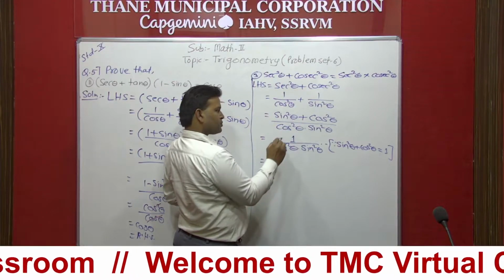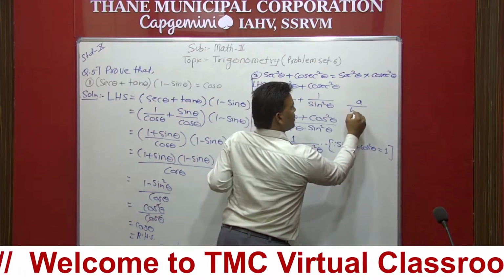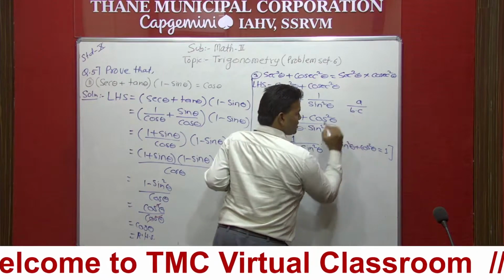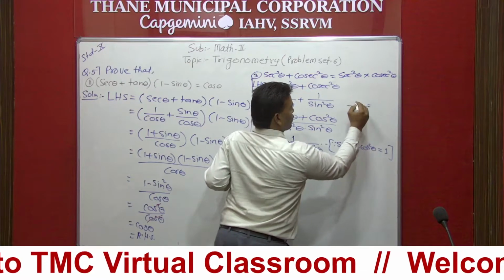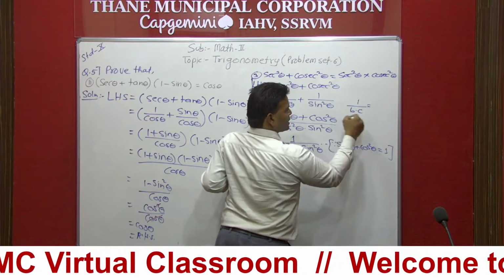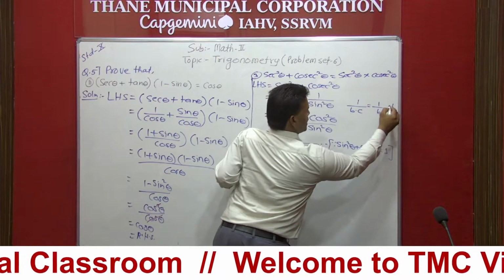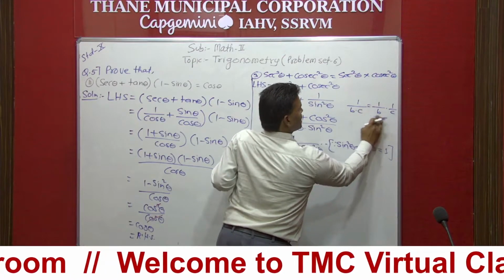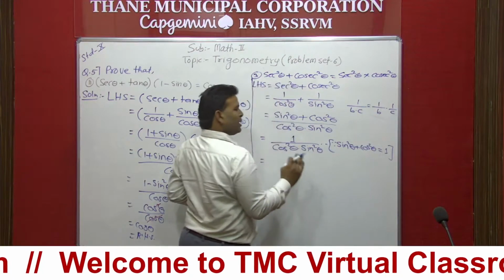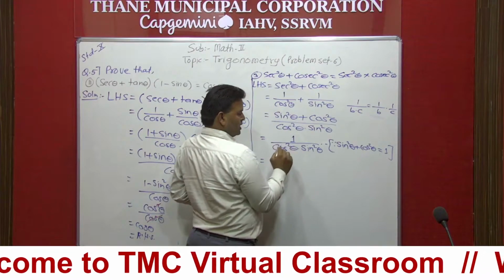Now see, to understand this one, suppose we have 1 upon BC. Between B and C we have multiplication. So the same thing can be written as 1 upon B into 1 upon C. 1 into 1 will be 1 and B into C, BC. This is a very basic thing. So that's why I have explained this. These are the two things.